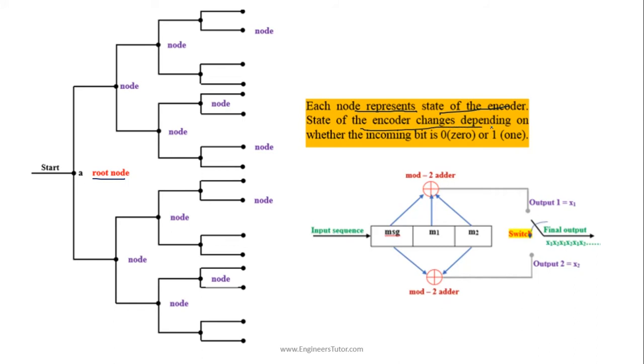The state of the encoder changes depending on the incoming bit, whether it is 1 or 0. So we need to find the state of the convolutional encoder and the output. These are the branches. The output we also need to find from this diagram and the states of the